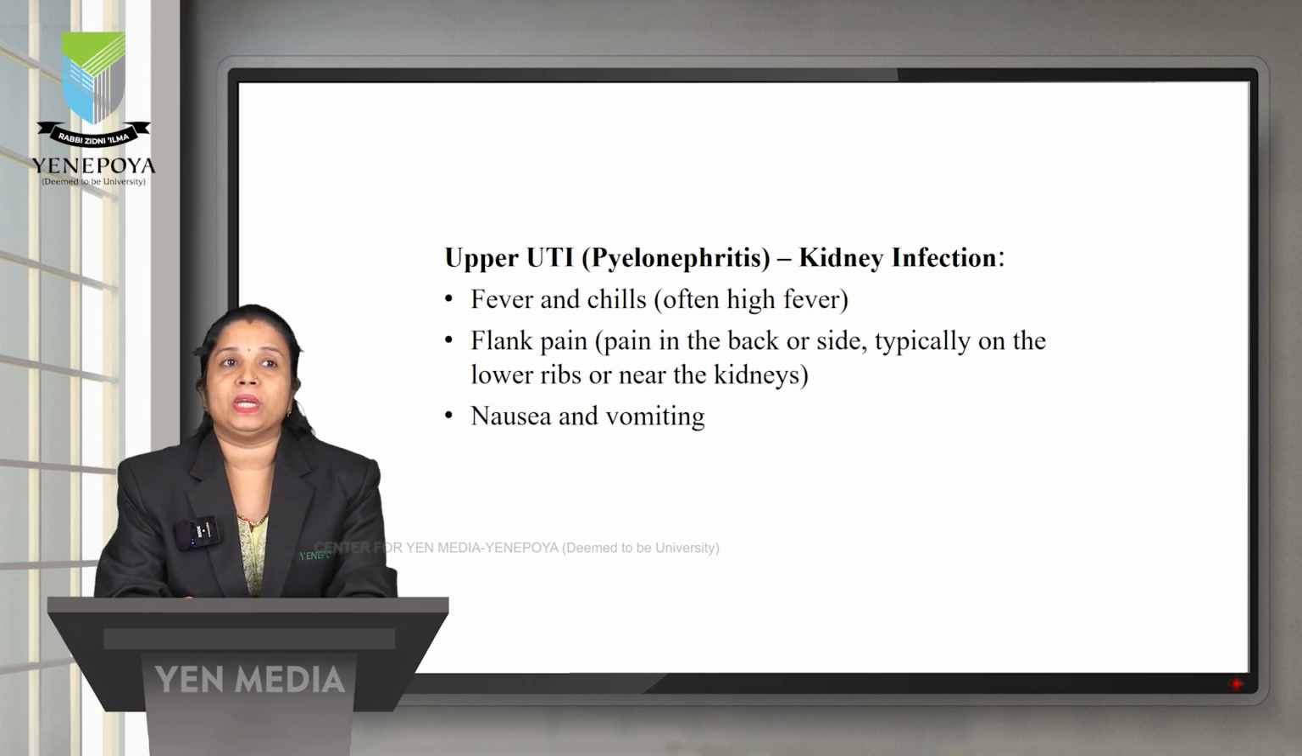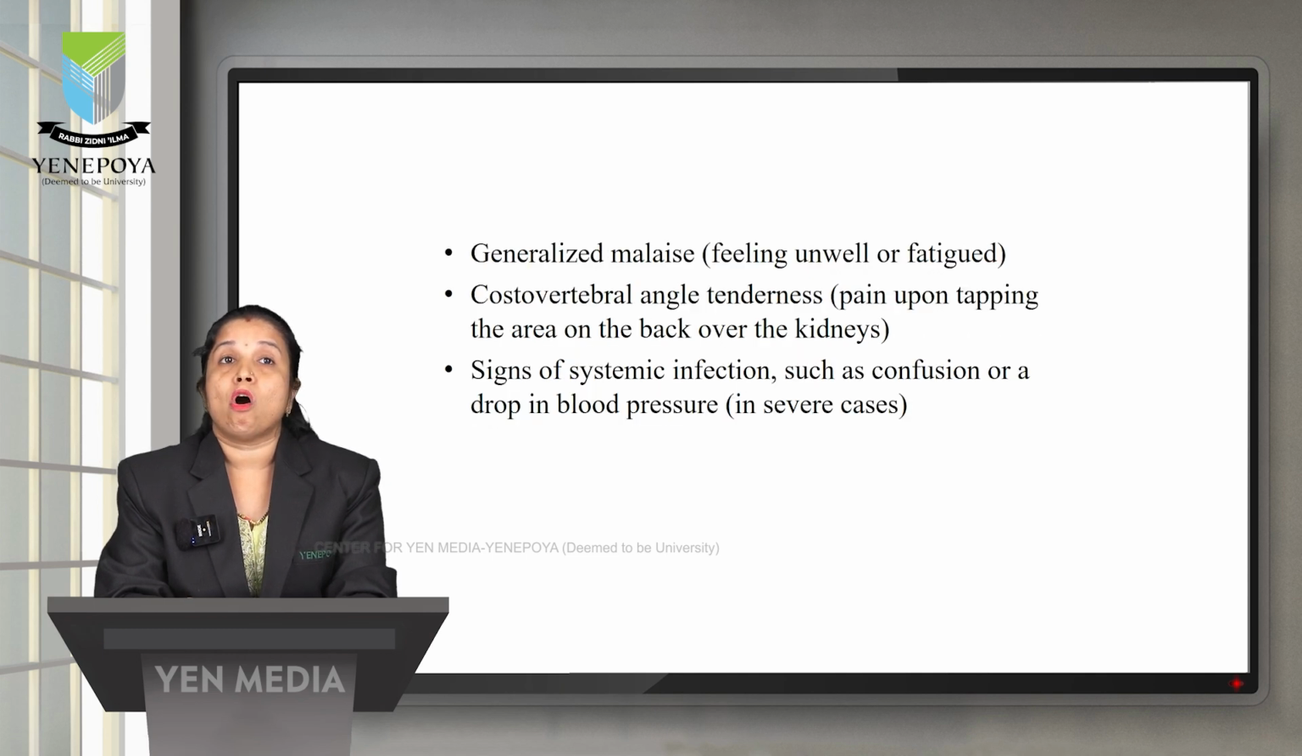Next, let us move to the upper urinary tract infection. If you do not treat the lower urinary tract infection, the infection may spread into the upper urinary tract, into the kidney. Kidney infection is called upper urinary tract infection or pyelonephritis. With the upper urinary tract infection, the patient will show symptoms of fever and chills, often high fever. And there will be flank pain in the back or side, typically on the lower ribs or near the kidneys. The person also experiences nausea, vomiting, generalized malaise or fatigue,